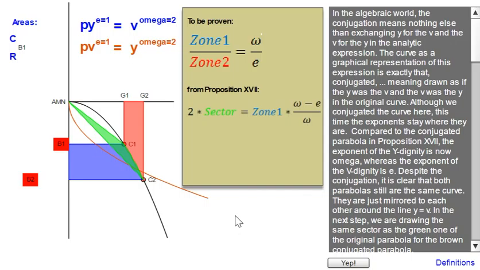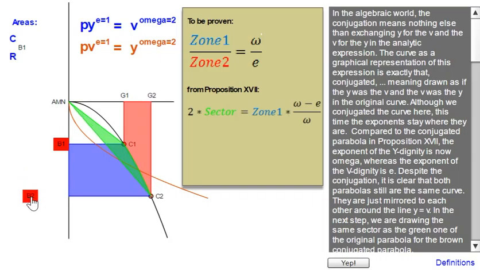This is a conjugation, and it's actually nothing else than a mirroring around the axis of the function y equals v, which is kind of a diagonal going down in this quadrant. And this is used for a particular purpose, because in order to